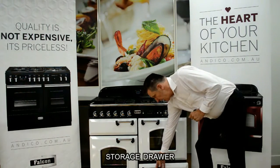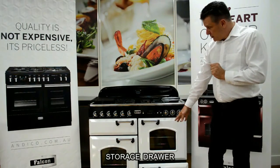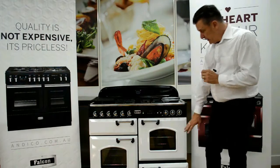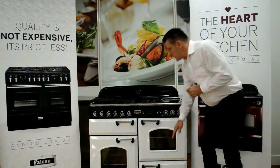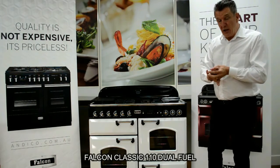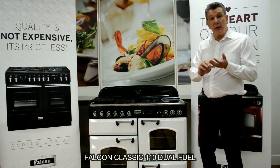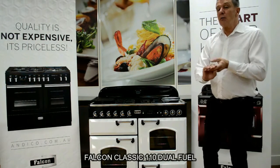Moving a little bit further down, we have a storage drawer, and this is a storage drawer for the wok ring if we're not using it, or the griddle plate if we're not using it. So, as you can see, there we have the classic 110 dual fuel, available in cranberry, black, cream, racing green,